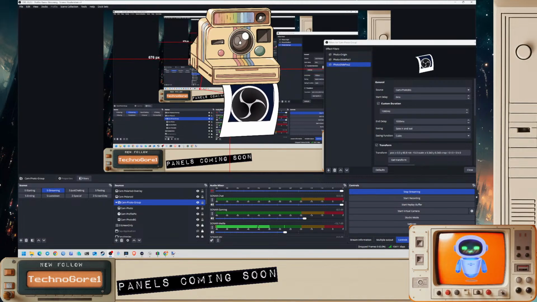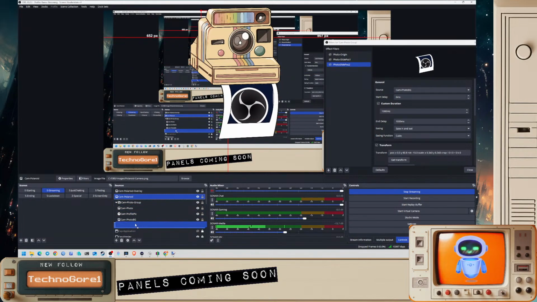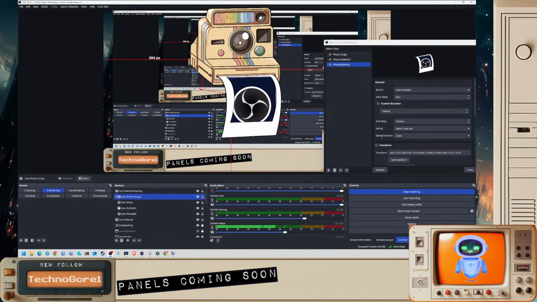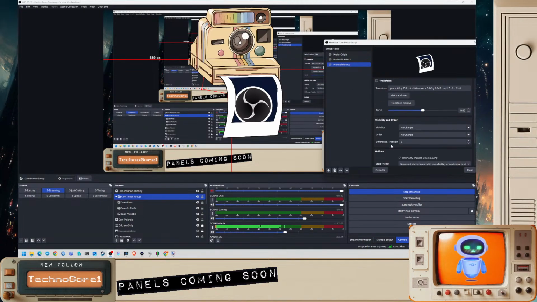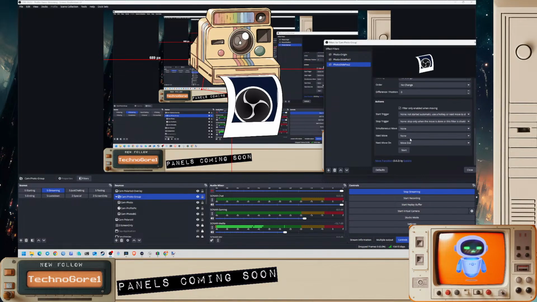And I'm going to move it up so that you can see it actually coming out of the camera now. Okay, so that's the end position. I'm going to get transform for that. And it's going to stop when it's there. Okay, so what I've now done, if I click to show this first filter, or this move action, it's going to move the